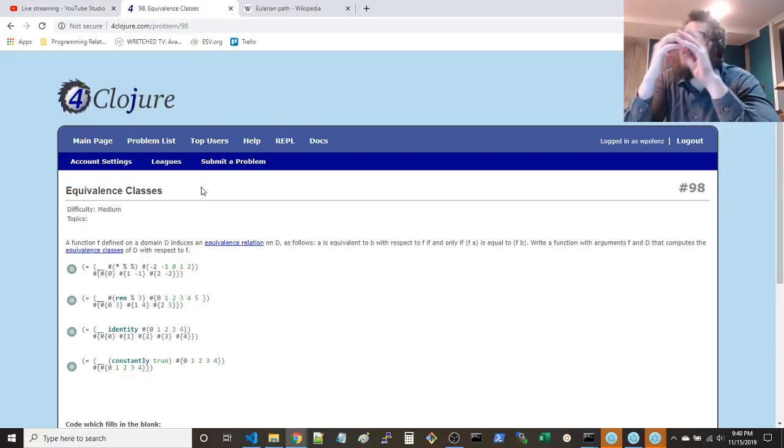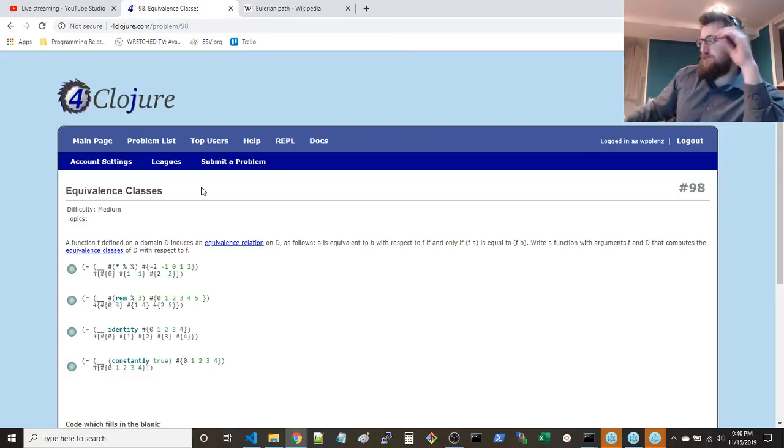Something like that. I guess in theory you could have an equivalence class without partitioning the entire set, but that's kind of weird. I usually don't think of it that way.